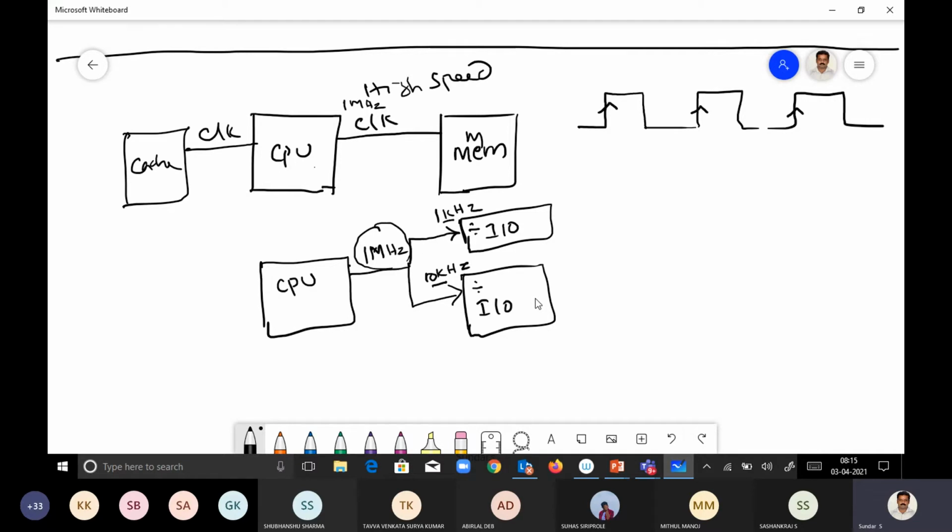Okay, why is this happening? Because I told you already, IO devices are very slow. They are not able to cope up with the processor speed. So they are not able to work at 1 megahertz speed, for example. That's why they are divided to their own speed. Suppose I am using a keyboard, an LED, or a printer or LCD, something like this, they have their own operating speed, right? Accordingly, they will operate at a particular speed.